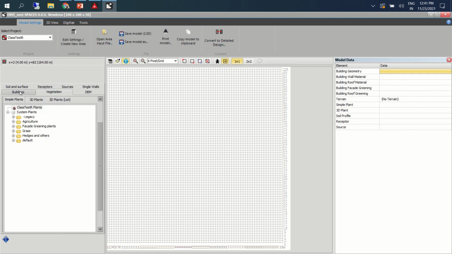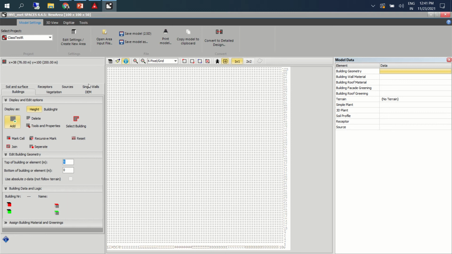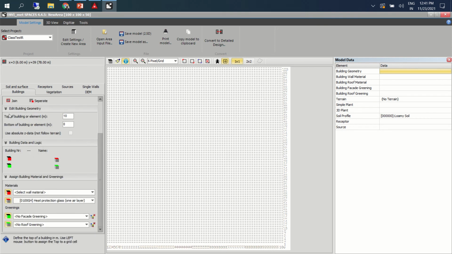and see how we can model something in this platform. Directly we can do that. For example, let's say now I'll just keep the building height as 10. And this is my entire study area, and I'll just assign some materials before I do that.